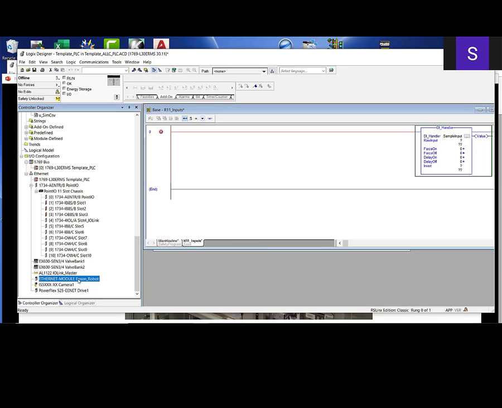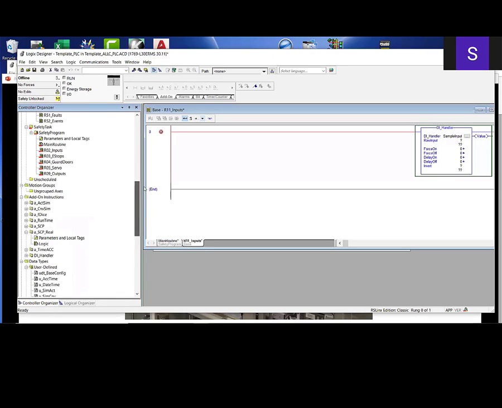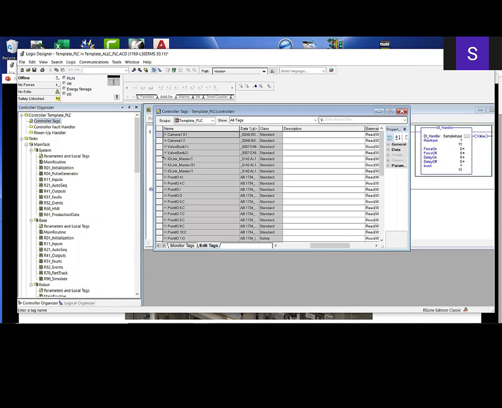Now, what I'm doing with this template, again, is I'm going to be teaching a class with it. So I want all the things that they could possibly use in the class, including I've put some things like simulated inputs. Here's all the regular inputs, right? If I want to do point IO card number 5, let's see, point IO card number 4, there we go. There is the data, input data for this fault, right? You can tell all kinds of things physically about all your data here, but I made some fake data, and that is simulated digital input, simulated digital output, since I'm going to use this and download it to a simulator,